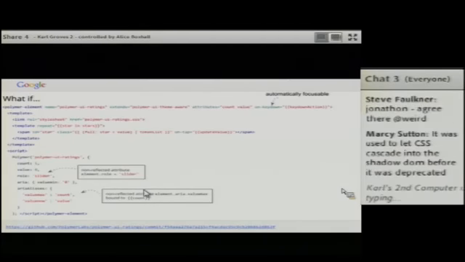So again, it may be that we can set this ARIA active descendant declaratively, but we can also set it programmatically, which will allow us to avoid those double quotes.